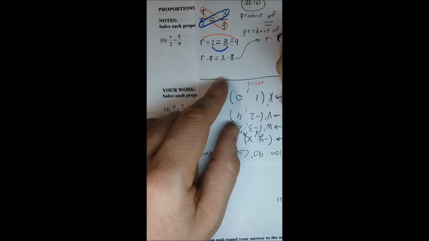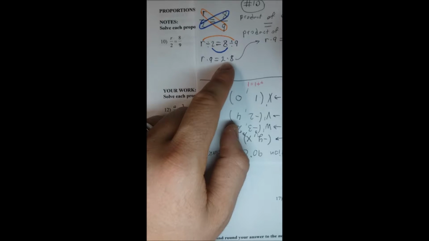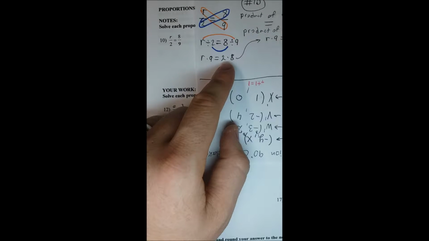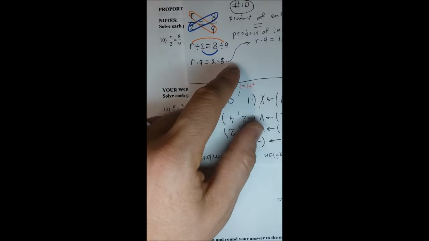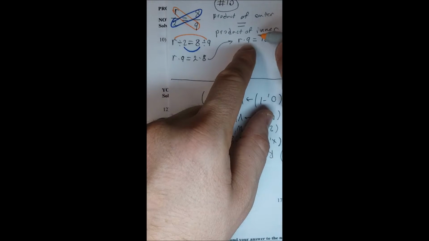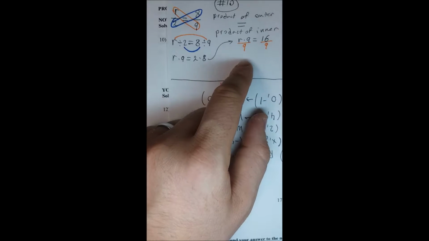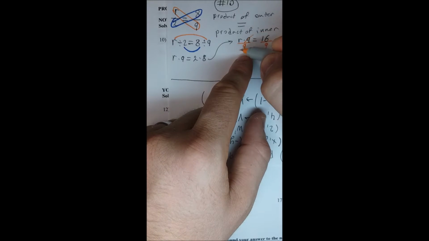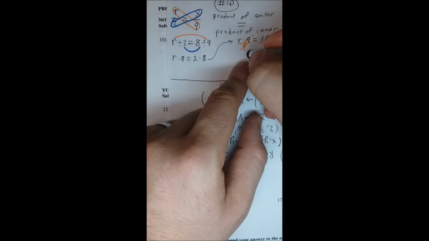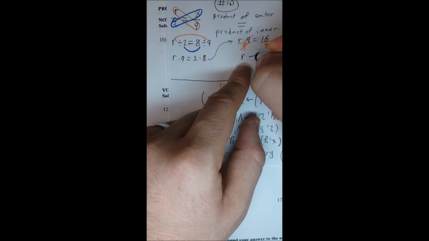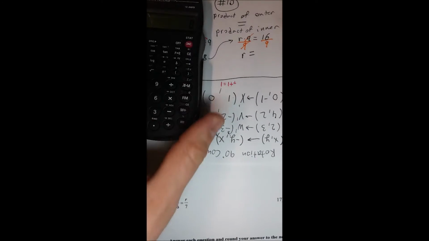So r times 9 equals 2 times 8, 16. r times 9 equals 16. Now what you do is undo multiplication. To undo multiplication, you divide. So we're going to divide both sides by the same number. We're going to divide both sides by 9, because this way, these two 9s cancel out, leaving just 1 after themselves. So we're just going to write down r equals 16 divided by 9,